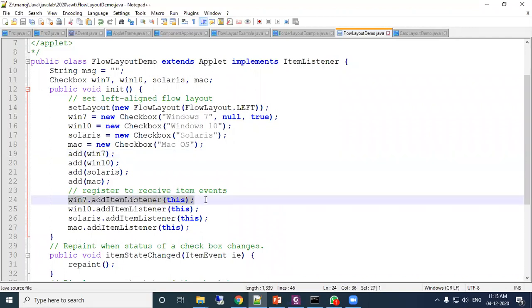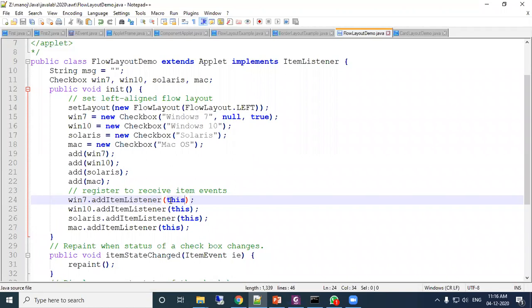This is the code to start the listener. It means that when anything is done on the checkbox, it will listen.